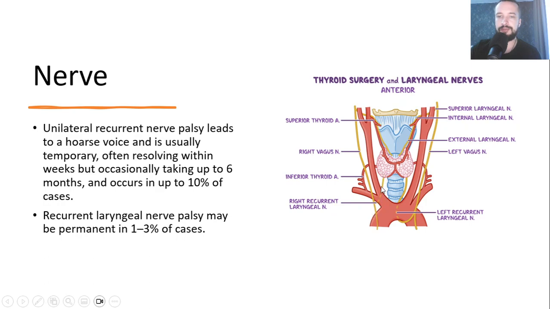It is the left recurrent laryngeal nerve, and you can see that it does not go the same as on the right side. Left vagus nerves, external laryngeal nerve, internal laryngeal nerve, and superior laryngeal nerve. And of course, it's very easy to damage all of them,